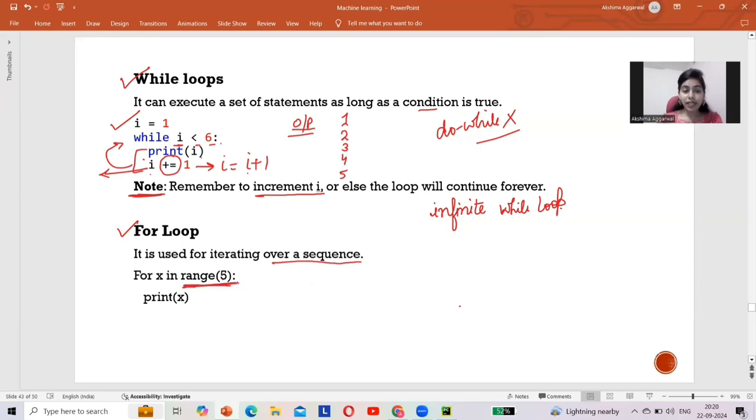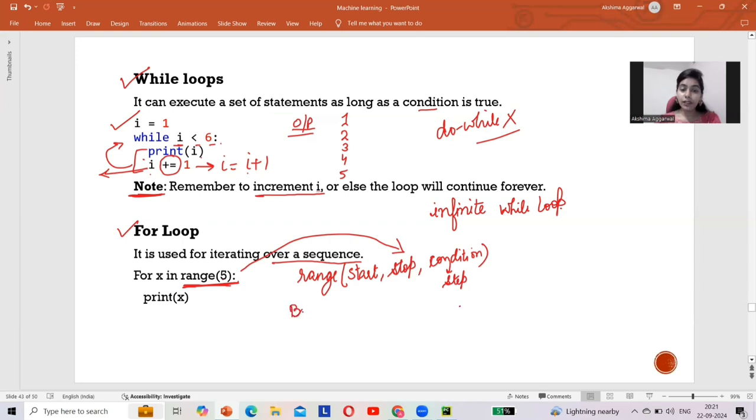What does the range function do? The range function takes start, stop, and the increment or decrement, which is the condition, or you can say the step. So here range 5 means we are providing only the stop value.